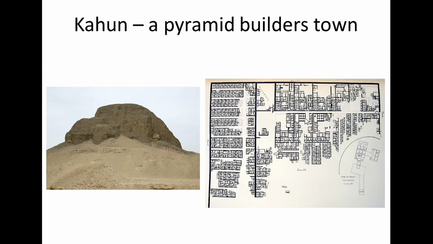Larger buildings, probably for workshops, storage, tools, food, etc. And then rows and rows and rows of houses. This is a planned town, a purpose-built town, complex, sophisticated living space for workers, and that's going to be key to this whole idea that